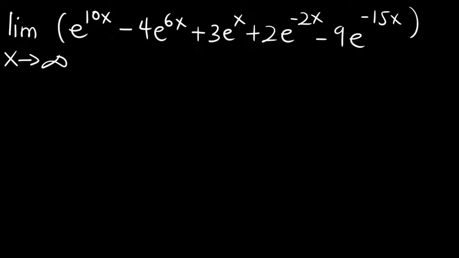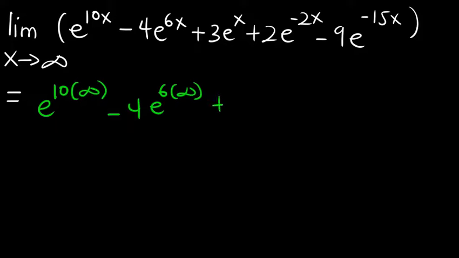This is the last example we are going to solve, so let's go ahead and do that. We have this exponential function here. Let's look at how you are going to find the limit as x approaches infinity. Let's try the direct substitution and see what you are going to get. You're going to have e to the power 10 multiplying infinity minus 4, multiplying e to the power 6 times